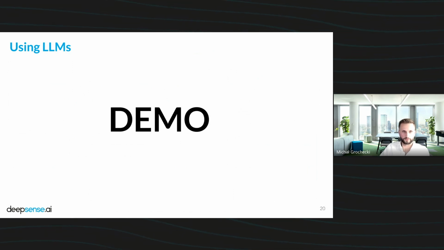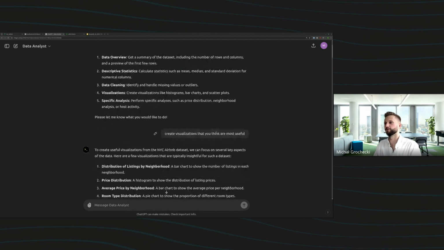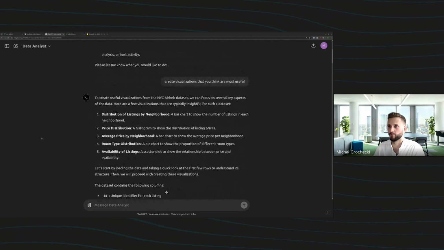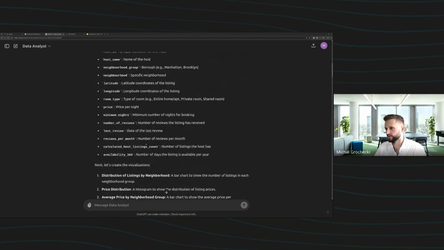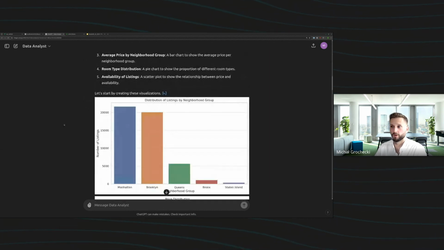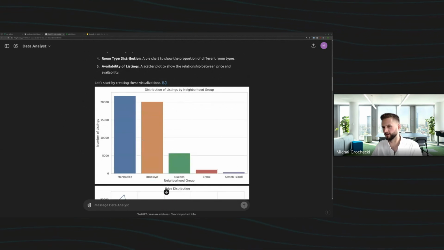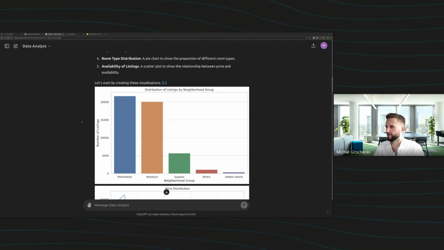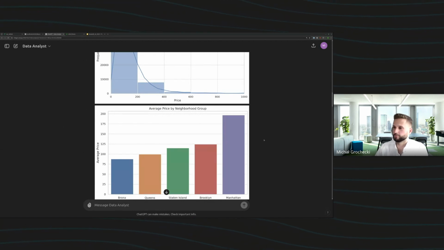LLM-based tools. I uploaded the data, and it gave me some potential ideas on what I would want to do with it. I asked it to create visualizations that it thinks are most useful, and here's what it came up with. Basically, it gave me a short summary of the dataset along with column descriptions, and it produced the following visualizations. For example, we have distribution of listings by neighborhood group, which is a visualization I came up with myself. The same goes for price distribution, average price by neighborhood group, which also